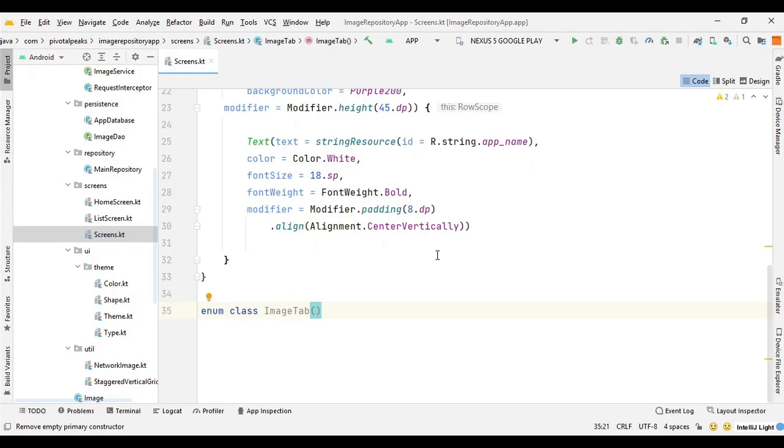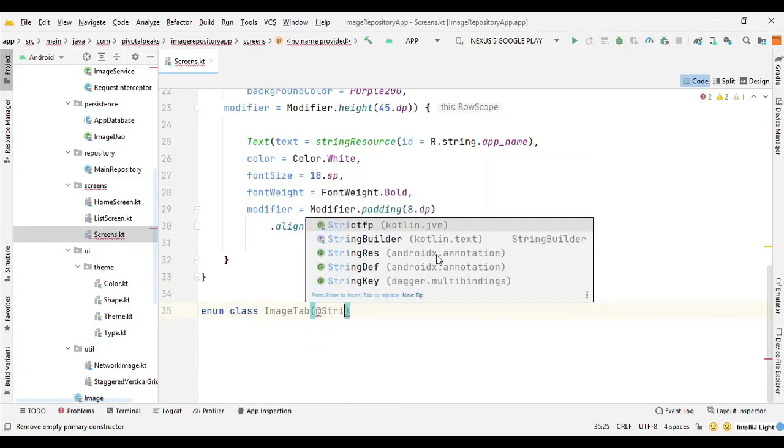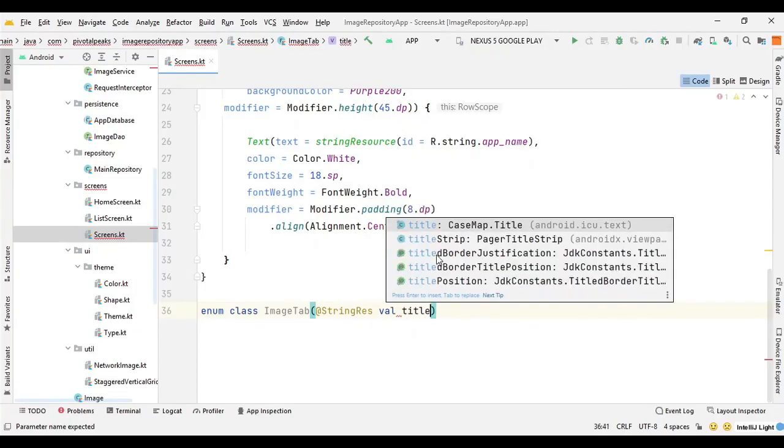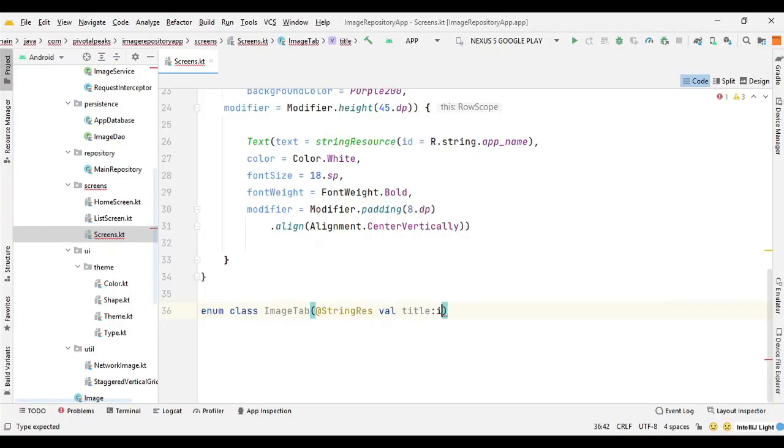To declare a string resource variable, we can say add string res val, we can say title of type int, because we have already declared it as a string resource, and in a string resource all the string resources have their unique id.